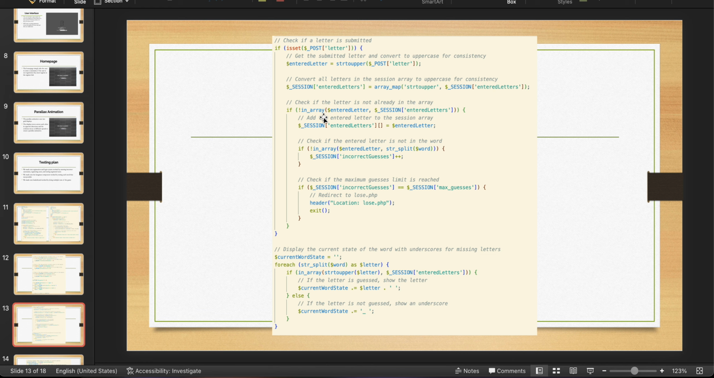But say that you have not guessed this letter yet, it'll first add it to this array of all the letters that the user has already guessed. And then it'll see if this letter is not in the word. And if it's not, then we'll increase the number of incorrect guesses. And then we'll check to see if the incorrect guess is equal to the max number of guesses. And if it is, then we redirect the user to the lose page. And then after that, in case none of this is true,